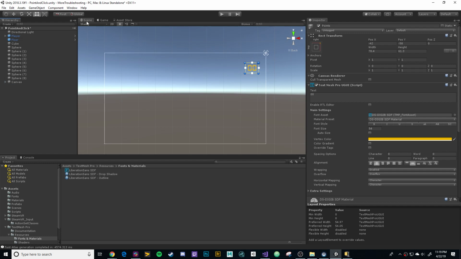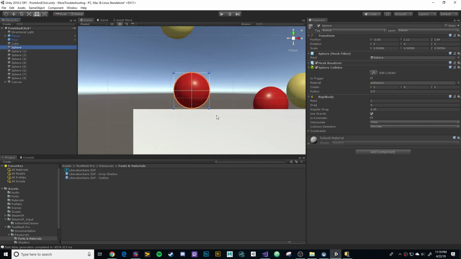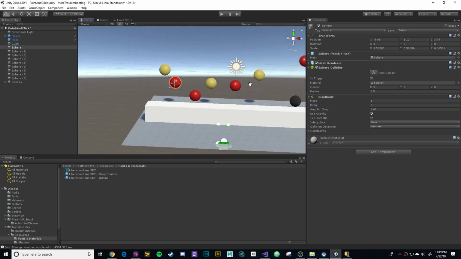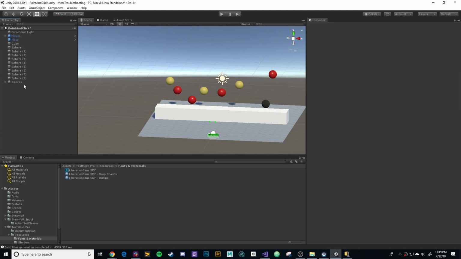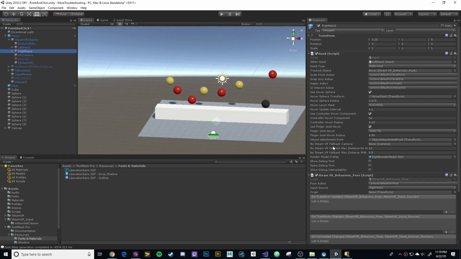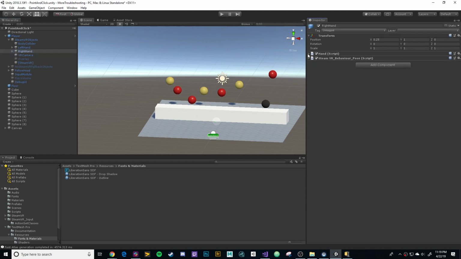All right, so now back to our scene, back to our spheres. What we want to have happen is that we're going to shoot out, click when we're clicking. If we get one of these guys, red will be worth 1, yellow will be worth 3, black will be worth 5. So back to our player, what we want to do here is click on our right hand, or you could do left hand if you're left-handed. Obviously, you'd make something for the user to choose, but we're